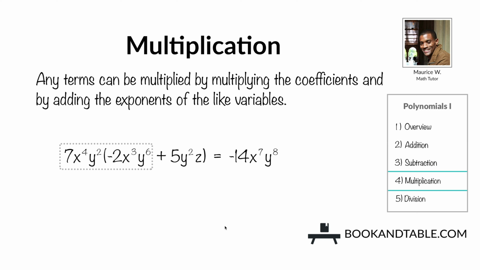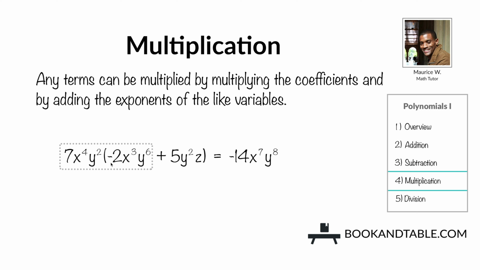Unlike addition and subtraction, for multiplication, any terms can be multiplied by multiplying the coefficients and by adding the exponents of the like variables. So let's say we were multiplying the monomial 7x to the 4th y squared times the binomial negative 2x cubed y to the 6th plus 5y squared z. You multiply the first polynomial, 7x to the 4th y squared, times the first term in the second polynomial, giving